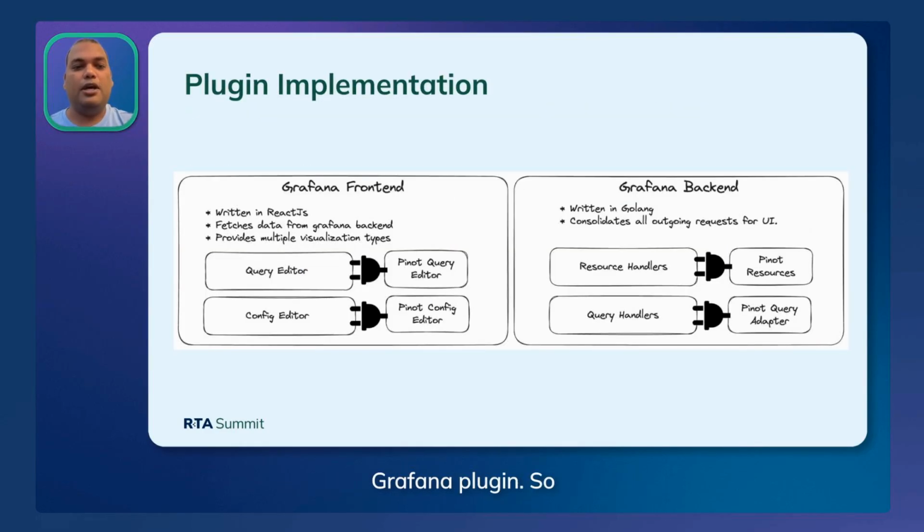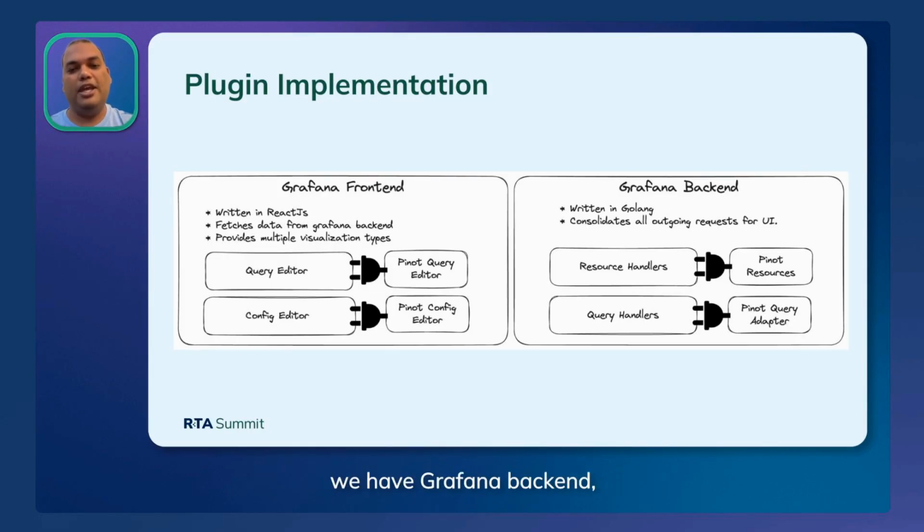So now we built a Grafana plugin. The Grafana plugin has two pieces, Grafana frontend and Grafana backend. The Grafana frontend is the visualization layer, which is built in React.js, and it fetches the data from the Grafana backend. It has multiple visualization types. We have Pinot SQL or PromQL, and it lets you edit the query. It has different configurations for the query editor,